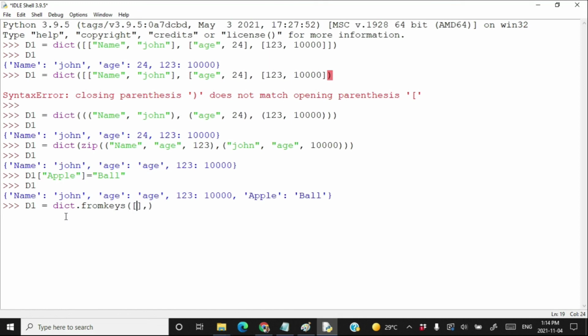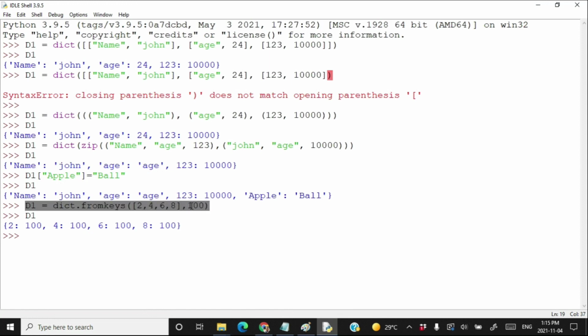The first value is going to be a list which will contain all the keys you are going to have in your dictionary. And as the second element of the fromkeys method, you are going to write a value, the value 100. What is going to happen here is the value 100 will get associated with all the keys in this argument. That means 100 as a value will be associated with all the keys 2, 4, 6 and 8 in the dictionary. Press enter, type D1 and you can see that a dictionary has been created where the value 100 got associated with all the keys.